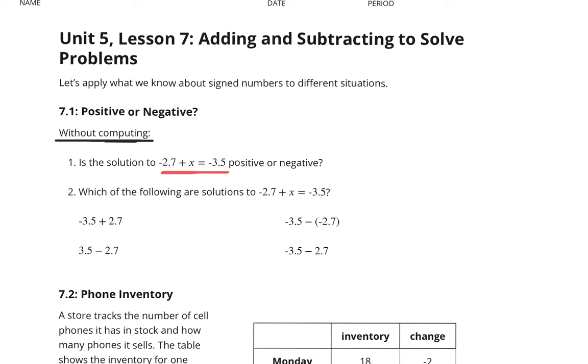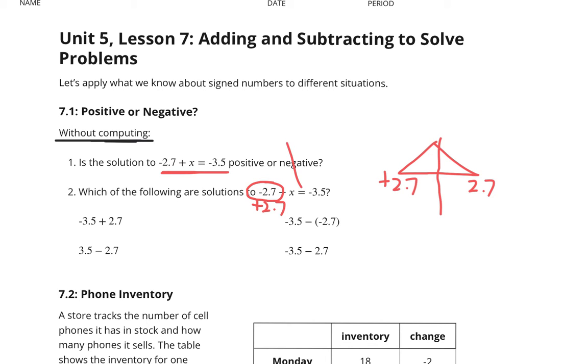How could I get rid of this? I want to try to isolate that x. How can I get rid of a minus 2.7? Well, the answer is if I add 2.7. But with an equation, here's the thing, it's like a scale. It's like a balanced scale. And if I add 2.7 to this side, I also need to add 2.7 to this side to keep that